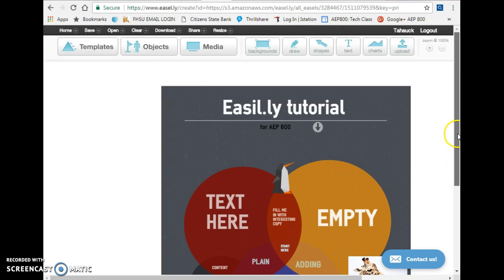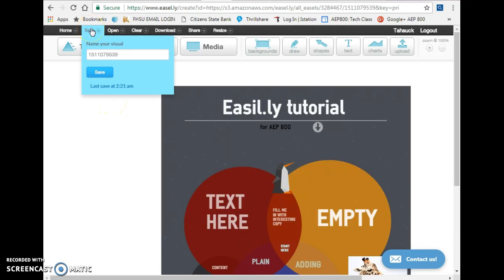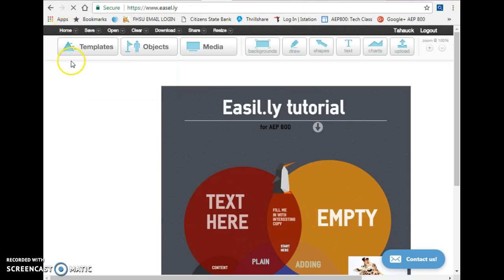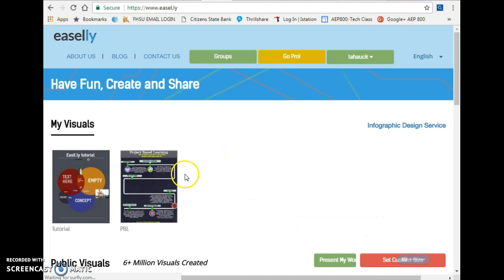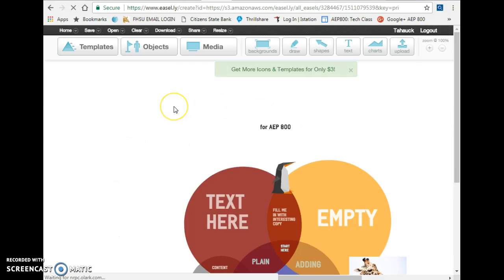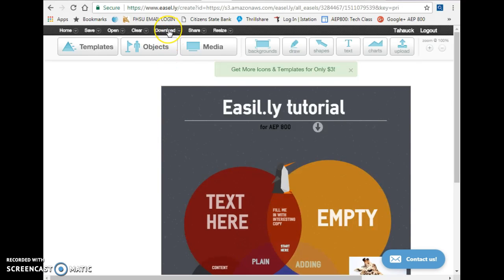Now, when you're finished with your work, or if you need to stop and take a break, you can just save it, and you might change the name so you know what you're coming back to later. And then once it's saved, it will be available on your home page. So now I have both of them there. Now if I want to go back in, I just click on it, and you have the option to download